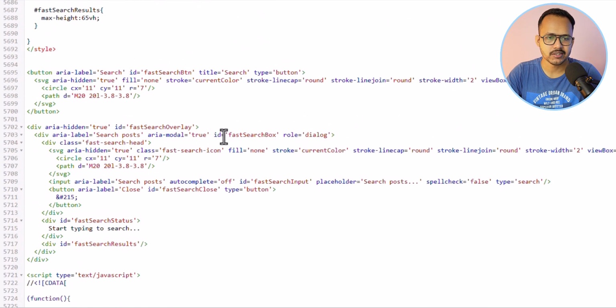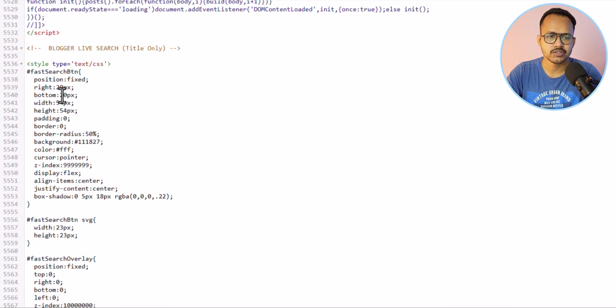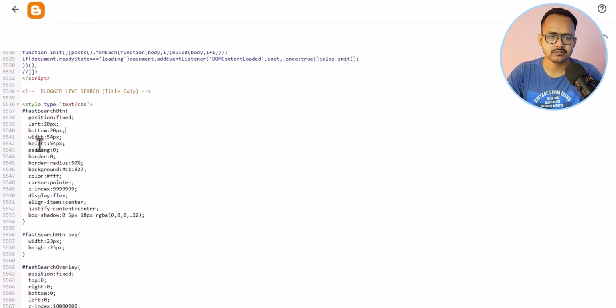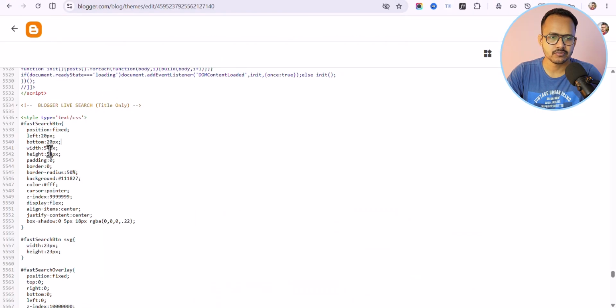So this is how it works, and you can change the search button, and you can change the position, color, and everything. So as you can see, you can set the position from right side to left side like this, and you can change the width and height of the button. So by default we have 54 pixel. We can change it to something like 84 pixel like this. Now you can change the background color as well. Let me change that to blue